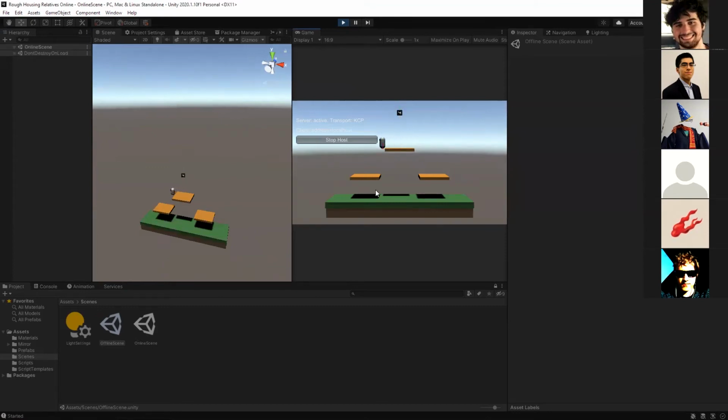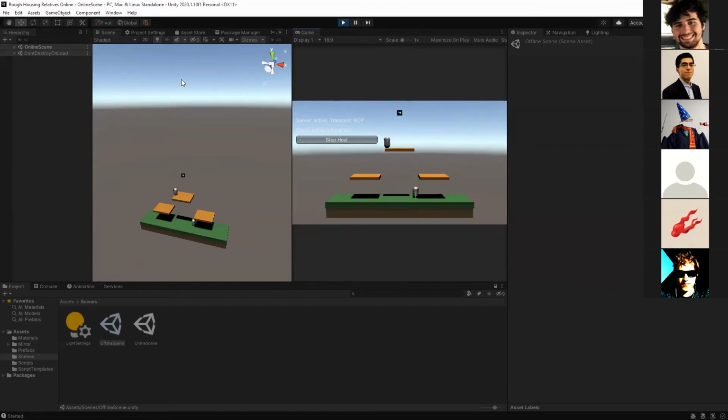All right, so now we have 2 players and their movements are being sent over the network. But as you can see, it's very choppy. And also when you press the keyboard inputs, both players move. That's because the input script is not checking whether or not you're the local client. It's running for every single object on the scene.